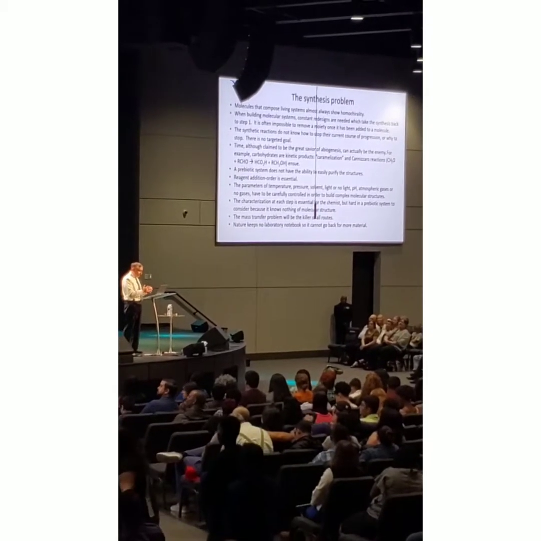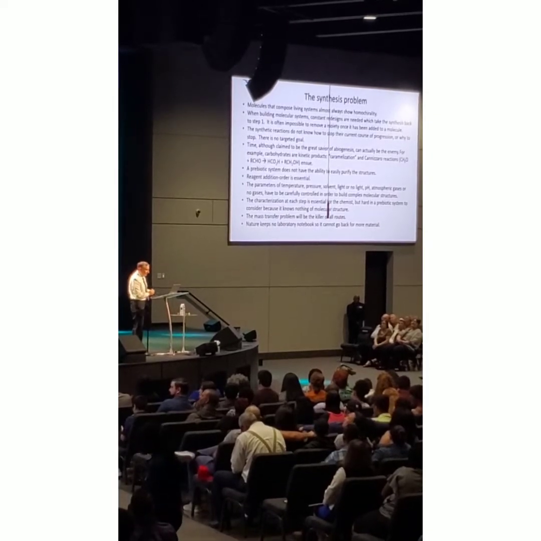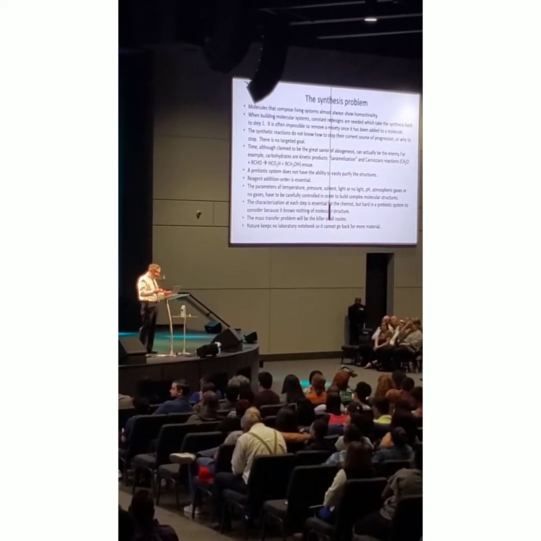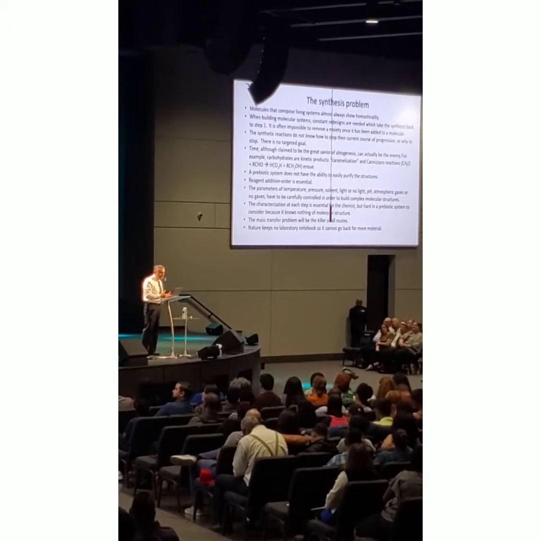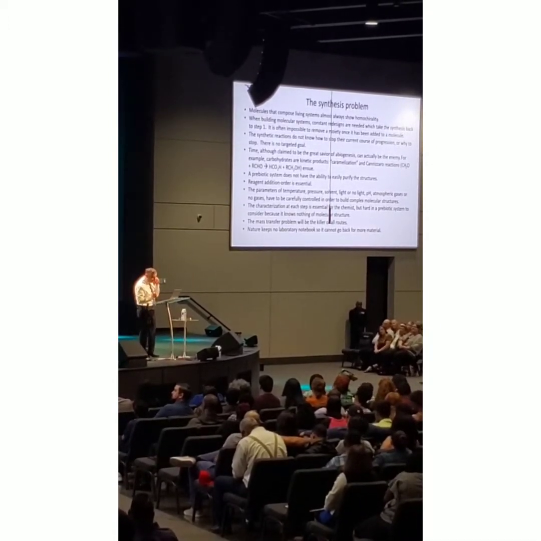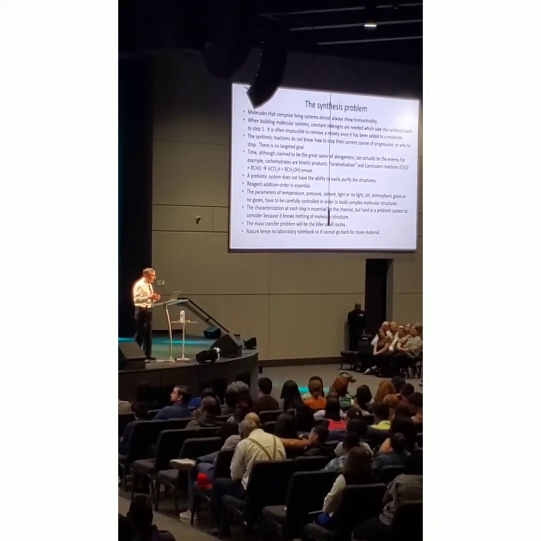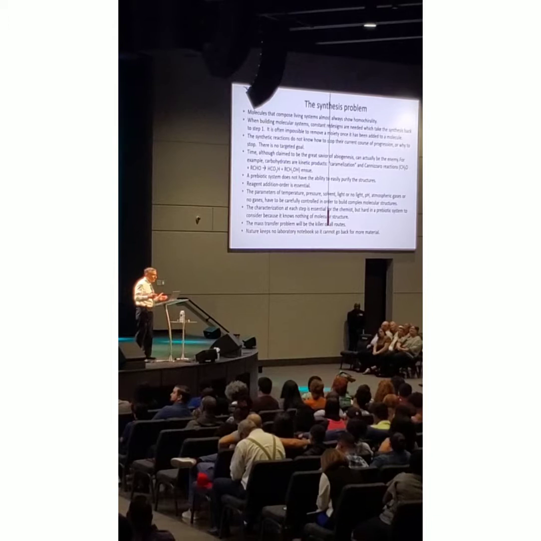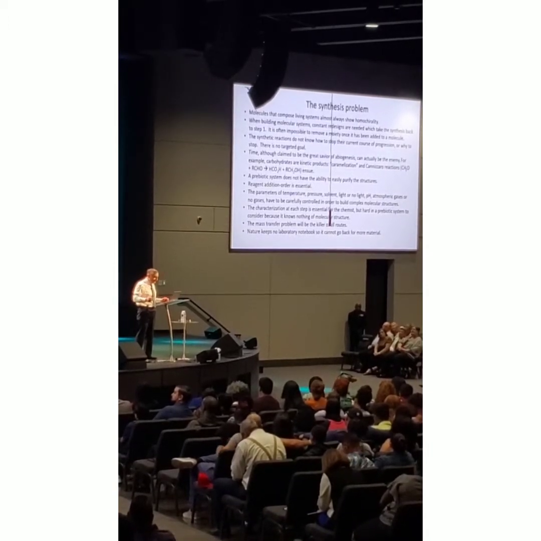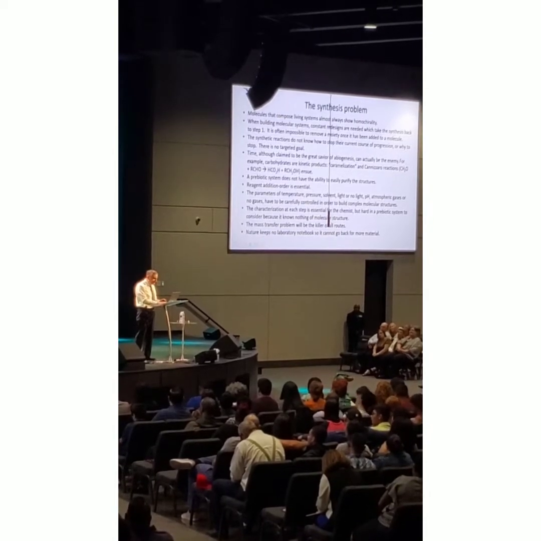And then there's this: reagent order is essential. So say you're making a cake, and you say, well, I've got this frosting here, I think I'll mix it with the flour and the eggs. It doesn't work. Well, what's wrong with that? Well, the problem is that you have to put the frosting on last. All of chemistry is like this. You have to put things in an order. There's a precise order for putting things together. How does an abiological world know how to do that? Nobody knows. Every parameter for temperature, pressure, solvent, characterization is really important.